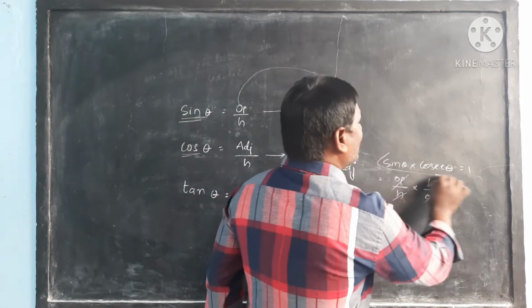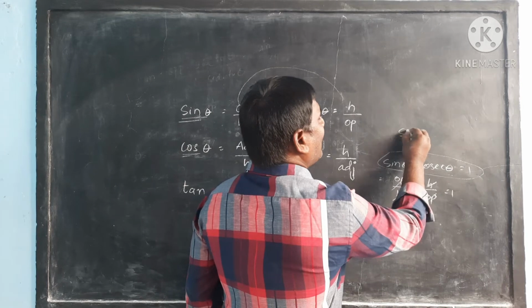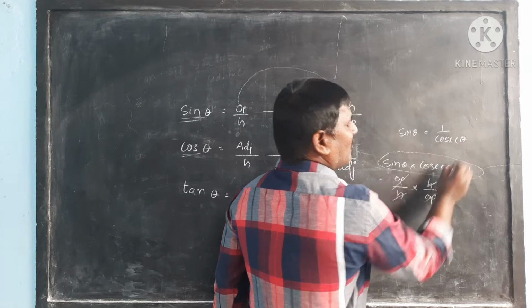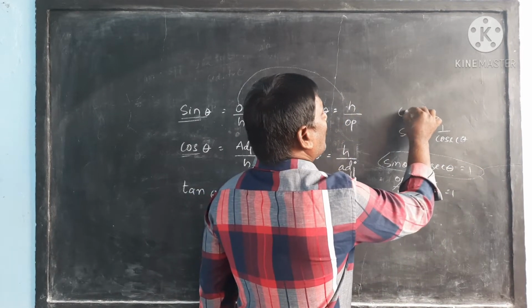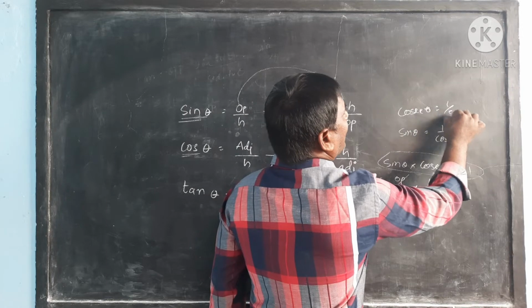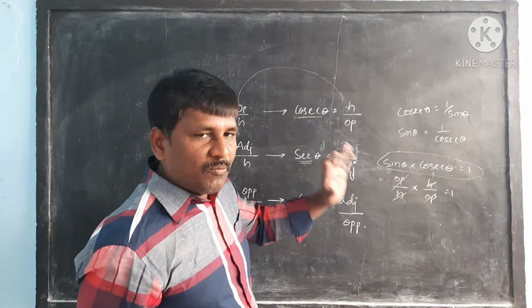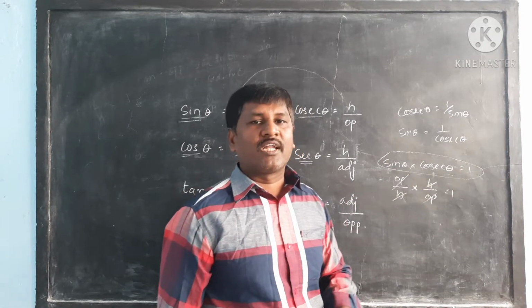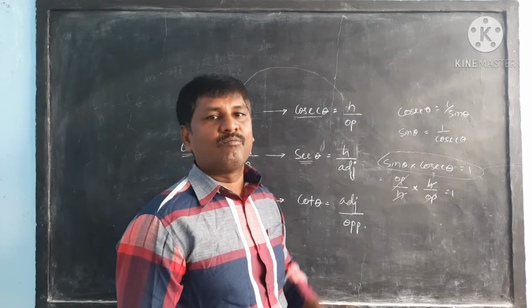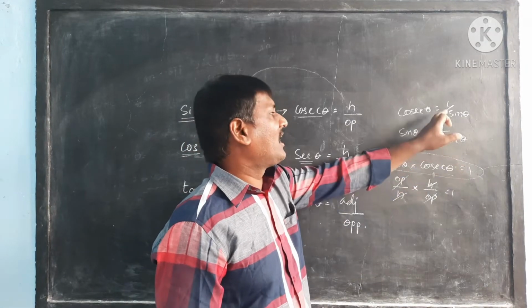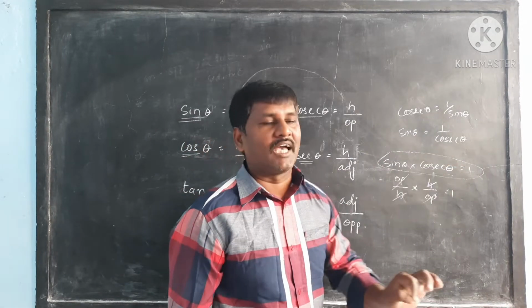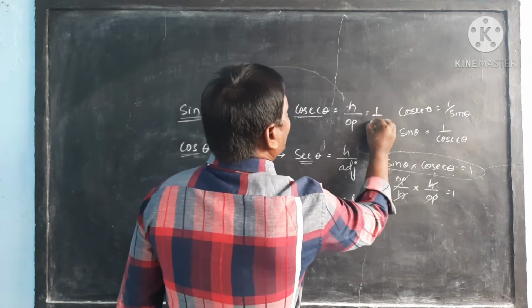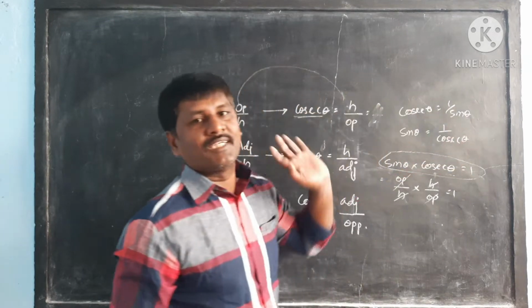So from this we can find that sin theta is equal to, transfer this, we will get 1 by cosec theta. Okay, right? And similarly cosec theta is equal to 1 by sin theta. So ఇప్పుడు మనకు అర్థమైందంటే ఎప్పుడైతే sin theta and cosec theta is equal to 1, that means we can understand that sin theta is multiplicative inverse of cosec theta and cosec theta is multiplicative inverse of sin theta. And you can write here sin theta is equal to 1 by cosec theta, అలాగే cosec theta is equal to 1 by sin theta రాసుకోవచ్చు.